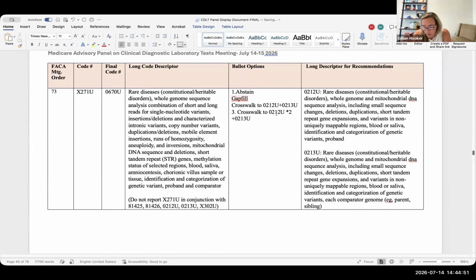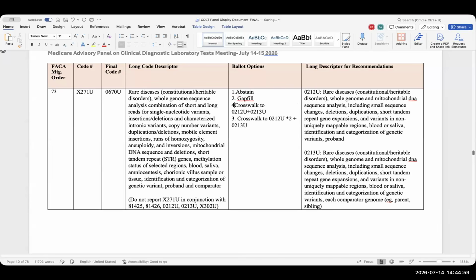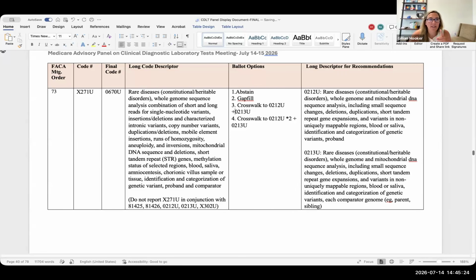There's a code that got priced last year, and I just can't remember which code it was. That was short read and long read. Is that correct? Yes. Which code is that? 0567U. That was priced last year, and we wanted to submit a reconsideration for this one and a gap fill and explain that, but that will wait for the next meeting, I assume. Okay, so this isn't a reconsideration of that code. This is a different code. Yes, this is different because this is a proband and a comparator. Okay. But the proband code is one that was priced last year, but you're going to submit it for reconsideration? Exactly. Okay.